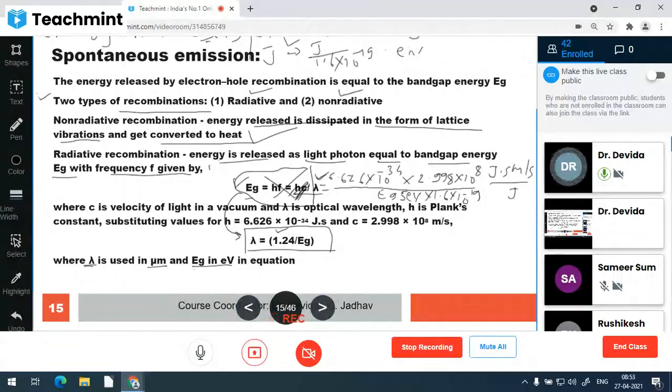But every time we have to convert electron volt into joule. So if we merge this value permanently into the other values in the calculation, then we can substitute only the electron volt value every time. So let us rearrange this formula as 6.626 into 10 raised to minus 34 multiplied by 2.998 into 10 raised to 8 divided by 1.6 into 10 raised to 19. So let us find out the constant of all these values, and that constant comes as lambda equal to